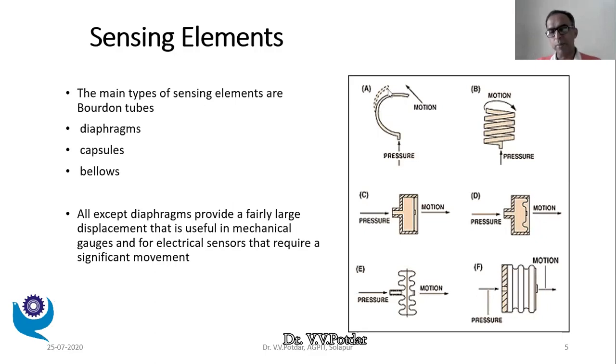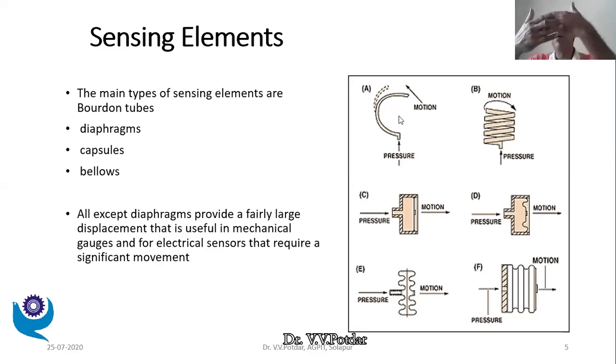Now, this angular displacement, which is normally small, is amplified through a small lever and gear train mechanism. If you come to college, I can show you, or on the net also it is available. You can open up a pressure gauge and we can see what this gear and lever arrangement is. Because ultimately, this angular displacement, which is proportional to the applied pressure, needs to be converted. This is a small angular displacement I have.